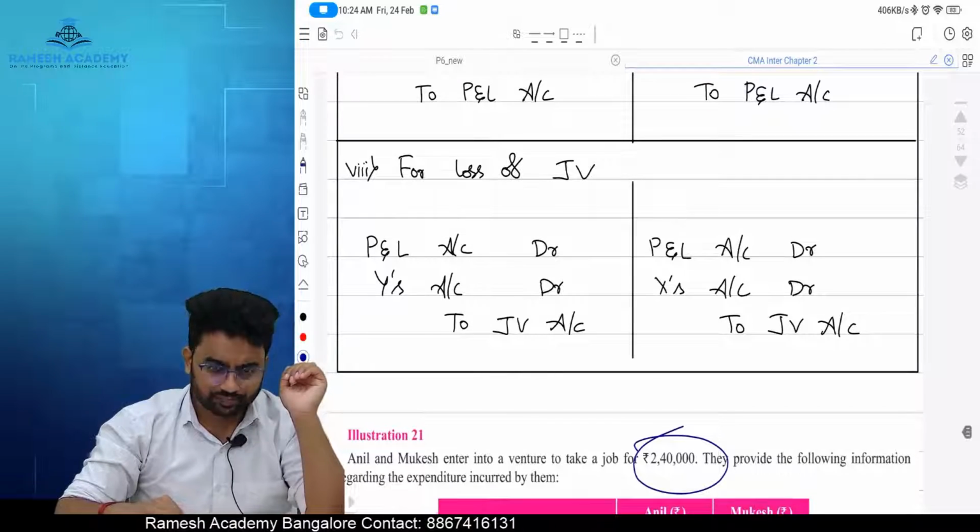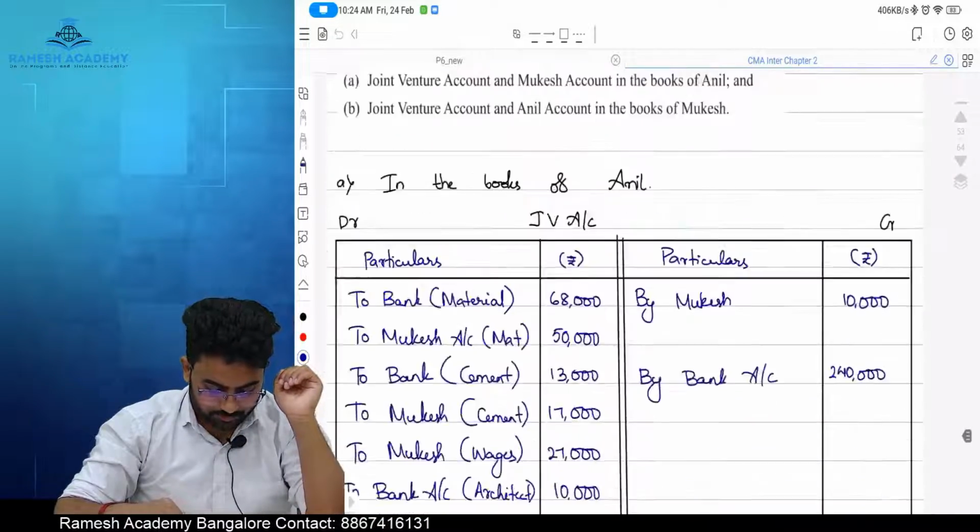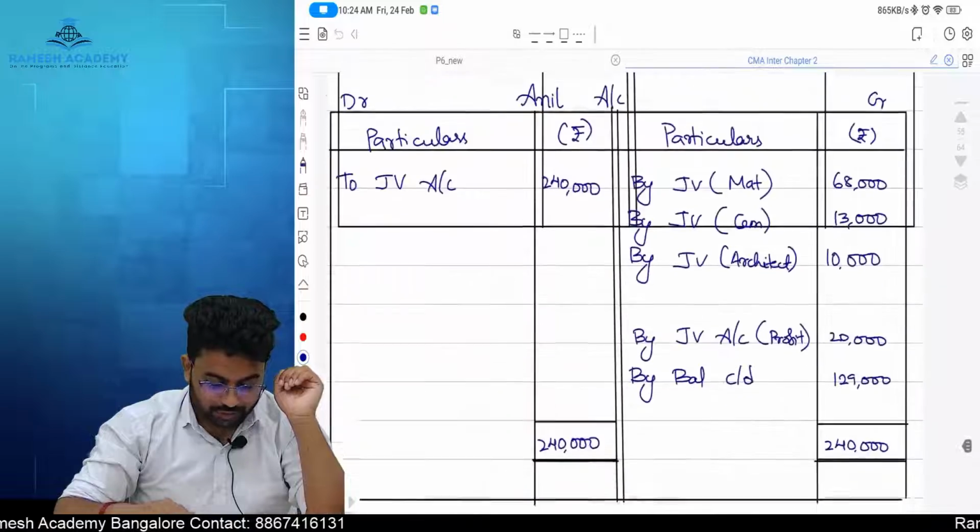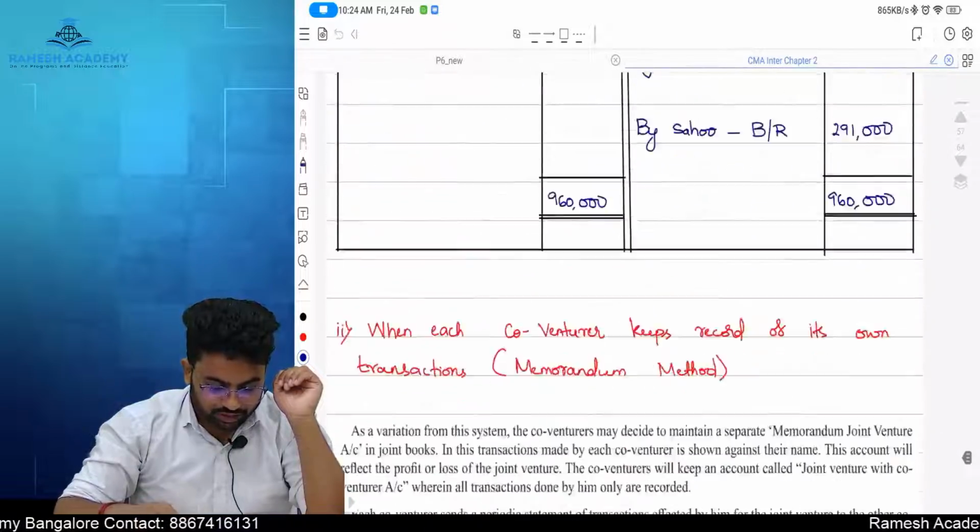Last, reversal entry. Okay, I hope you understood this method also. The last method is